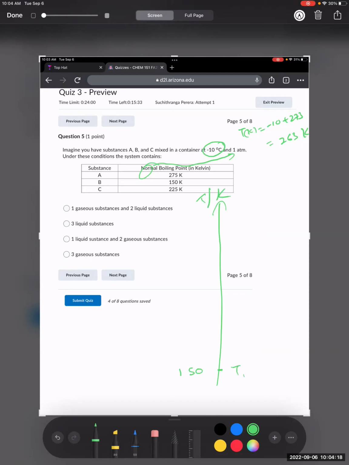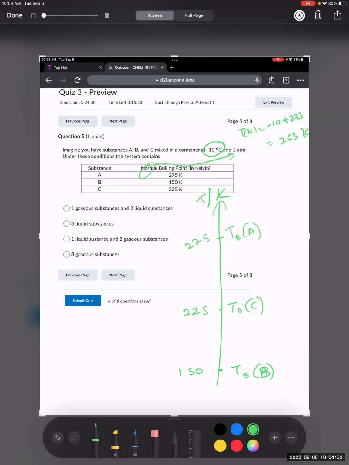This should be the boiling point of A. No, it's the boiling point of B. That's what I meant. And then we have the boiling point of C, which is 225 Kelvin, and I'm going to indicate it like that. And then we have A with the highest boiling point, 275 over here,